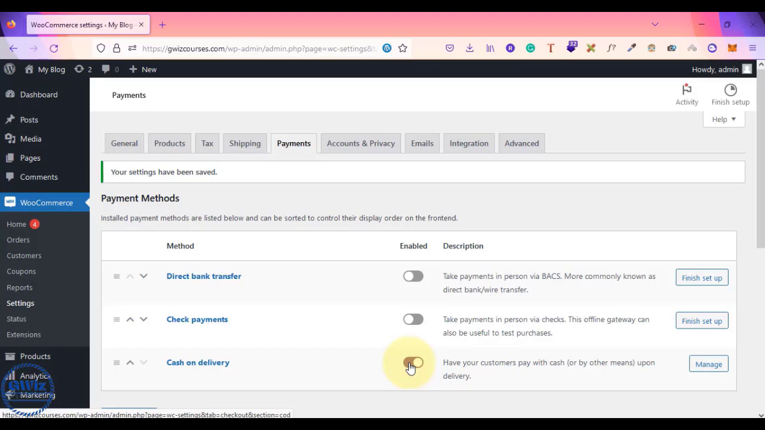Just to get rid of that particular error, we just enable it as of now for temporary purposes till we start configuring our payment gateway. Just enable cash on delivery, right? So first thing is currency, second thing is cash on delivery, and the third thing is, if you see here,